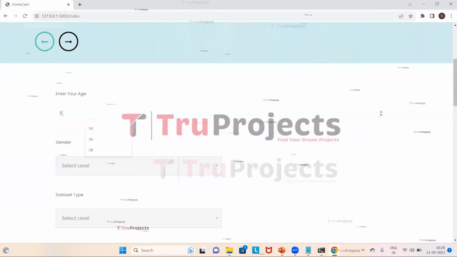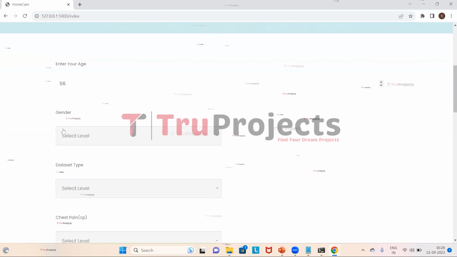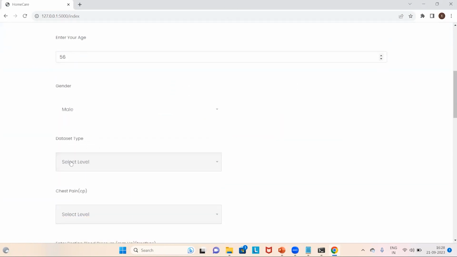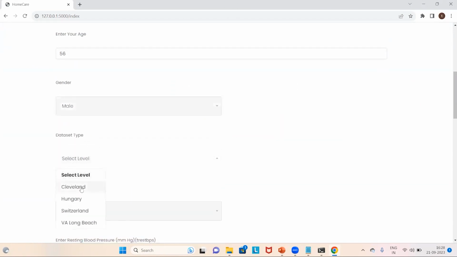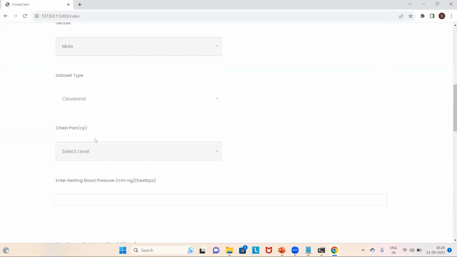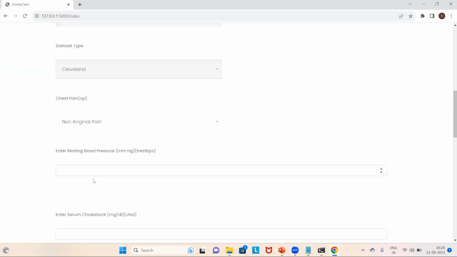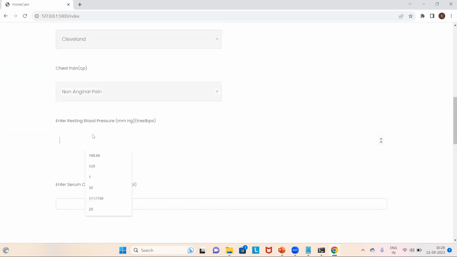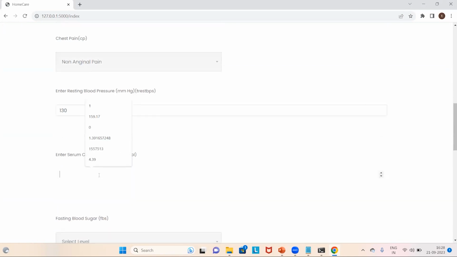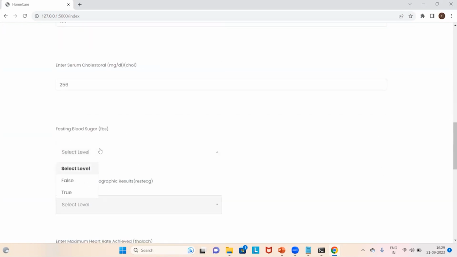The age is 56, and the gender is male. Dataset type is Cleveland, and the chest pain is non-anginal pain. Resting blood pressure is 130, and the cholesterol value is 256, and the blood sugar is true.